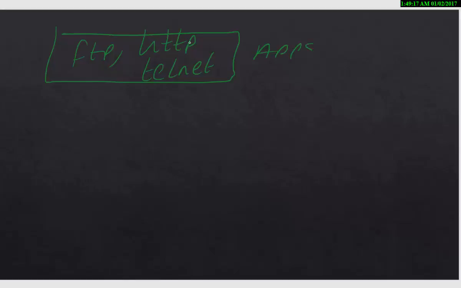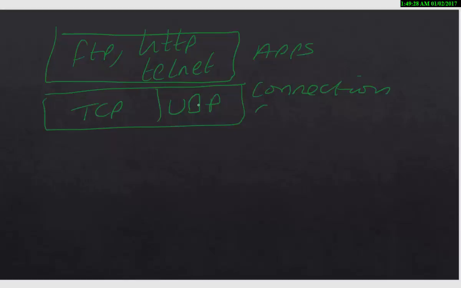So you wouldn't need to memorize, because that's not really a very good question, but you might want to show that you have, say, FTP, HTTP, Telnet, etc. as your apps, and then you've got your TCP UDP optionality, whether you want to have connection or connectionless,